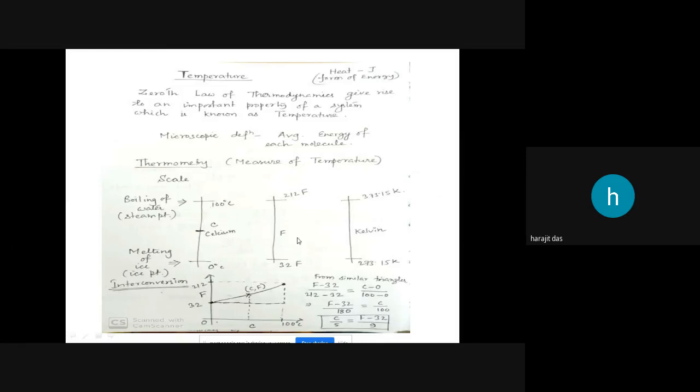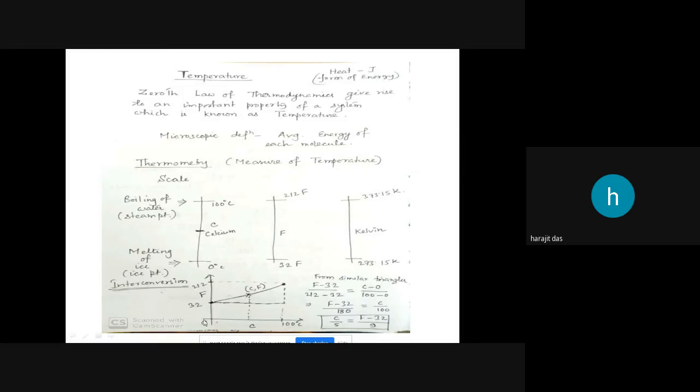point of water. The Fahrenheit scale defines the ice point of water to be 32 Fahrenheit, and the boiling point of water is 212 Fahrenheit. Similarly in the Kelvin scale, the freezing point of water is 273.15 Kelvin and the boiling point of water is considered to be 373.15 Kelvin. Here the difference of temperatures is the same for the centigrade scale and the Kelvin scale. But here the difference is a little bit more. So to find out the relation between the centigrade or Celsius scale and the Fahrenheit scale,